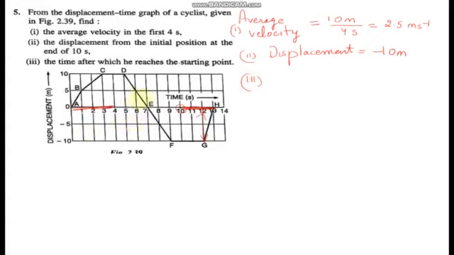Then comes what is the time after which he reaches the starting point. Like 0 is the starting point. उसके बाद it goes maximum 10 meter distance travel किया, then it is stationary. उसके बाद 7 seconds पे it is again at its initial position. So at 7 seconds it is at initial position. Then again after 13 seconds also it is again at the initial position.